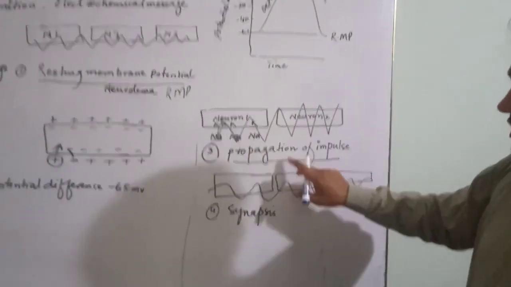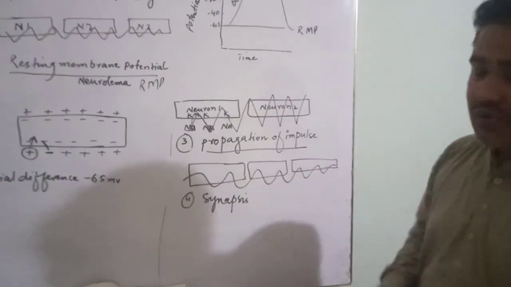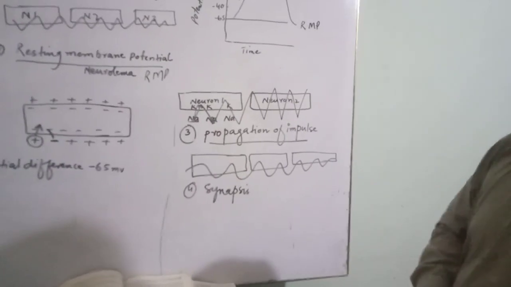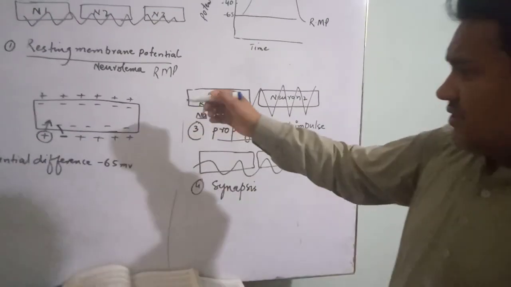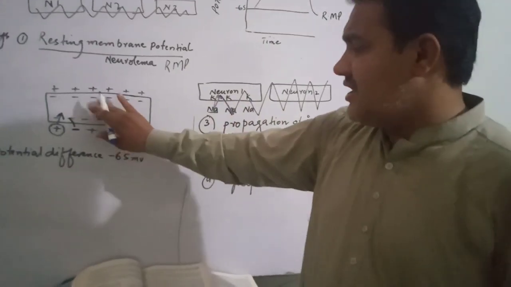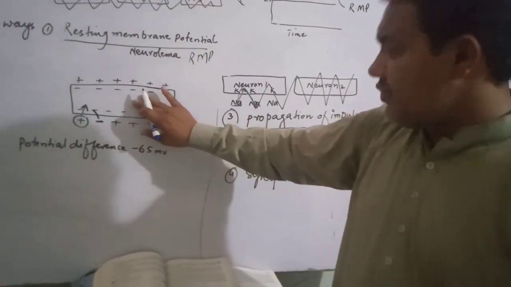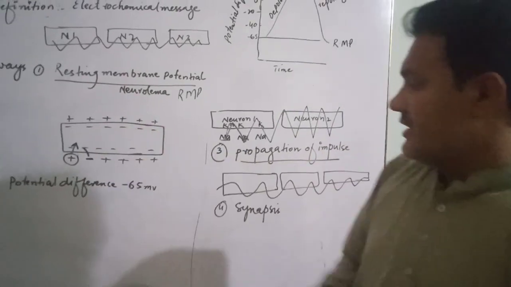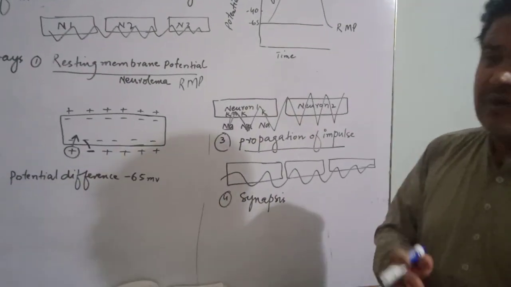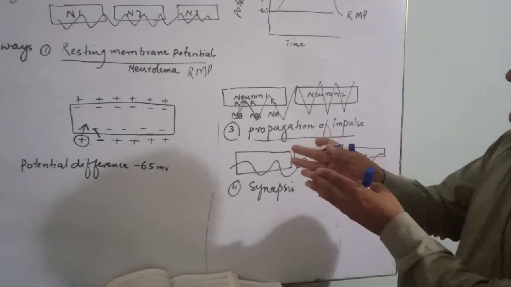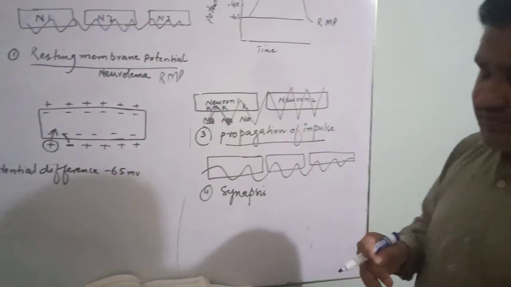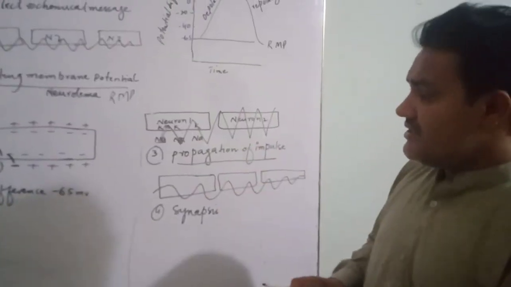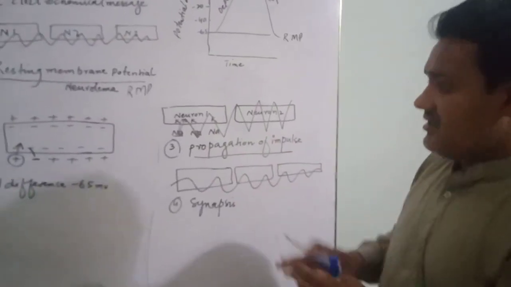Now, propagation of impulse. How does an impulse travel? The impulse travels due to change in the polarity of the neurolemma, as the sodium and potassium pump develops. Sodium enters the inner side of the neurolemma, and potassium comes out of the neurolemma. In this way, the polarity changes, and there is a difference